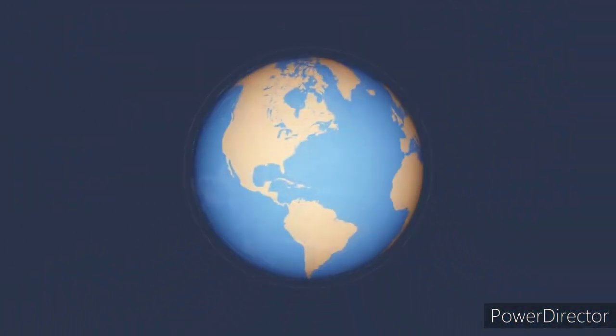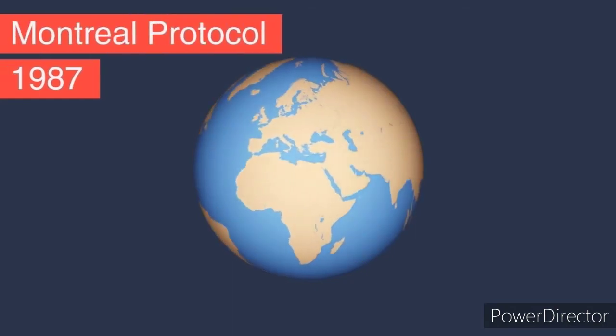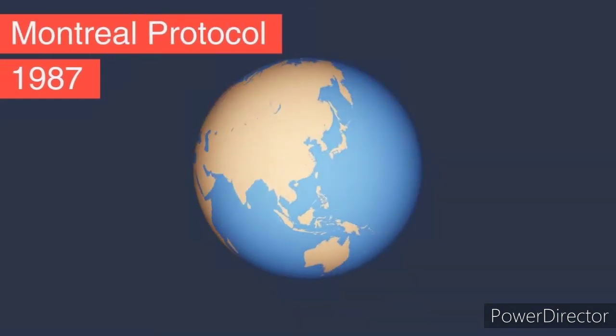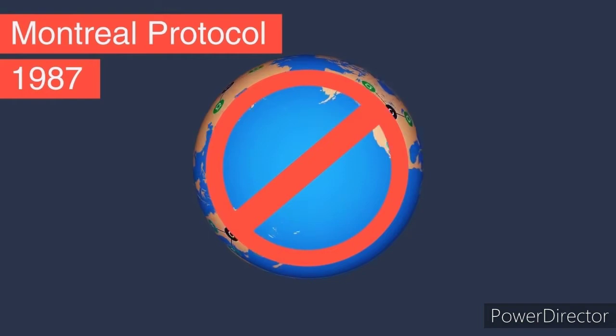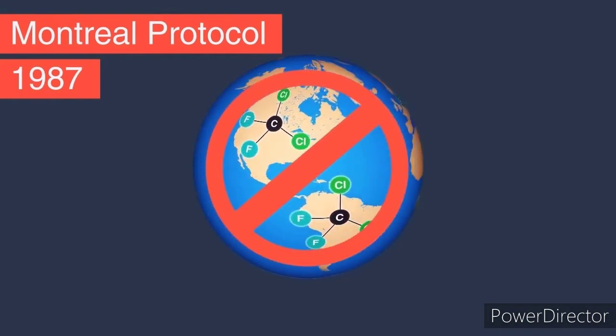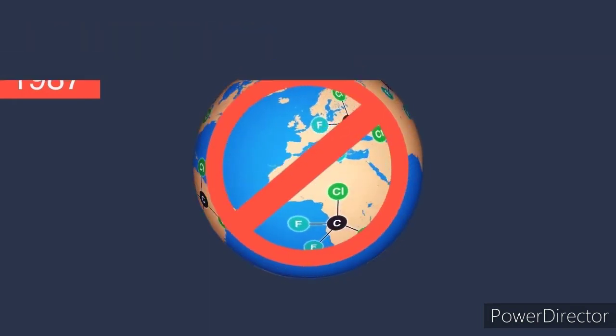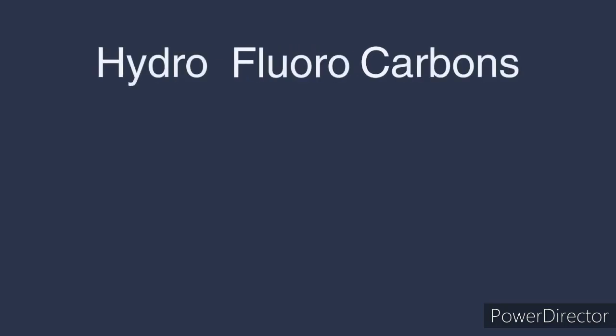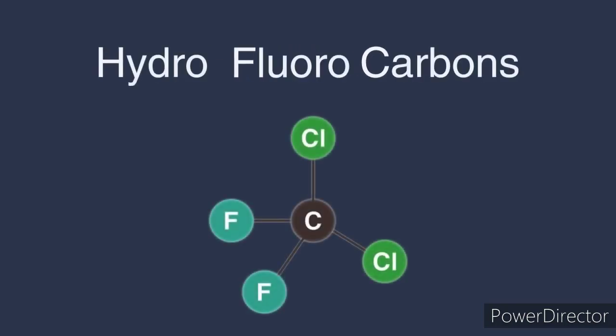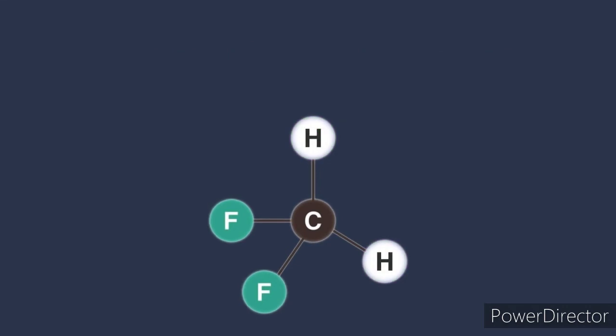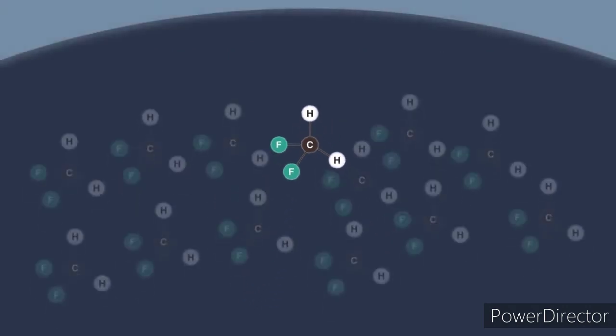world. Thus, in 1987, the Montreal Protocol was signed by all nations of the world, banning the production and eventually the use of CFCs. They have been replaced by HFCs, hydrofluorocarbons, a similar molecule which contains hydrogen in place of chlorine, making them a little more reactive and so able to be broken up in the troposphere before they reach